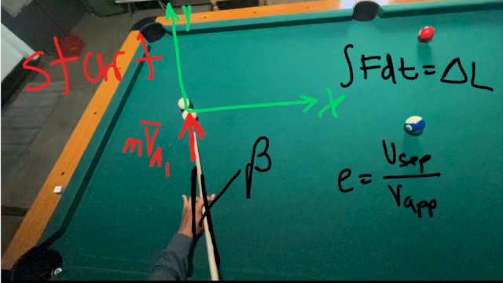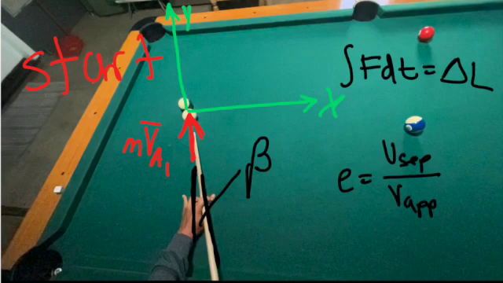The two governing equations for this problem are the sum of the external forces equals the change in linear momentum, and the coefficient of restitution is equal to v separation over v approach. The coefficient of restitution only applies to the axis the impact occurs on, which we have defined as being the